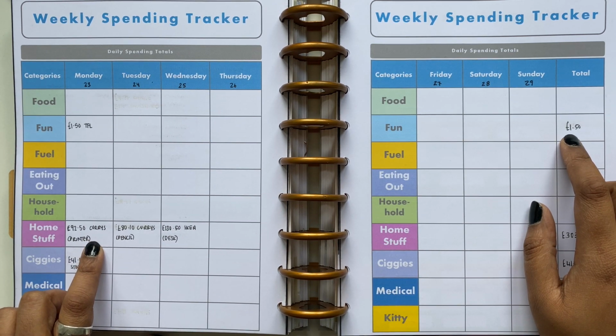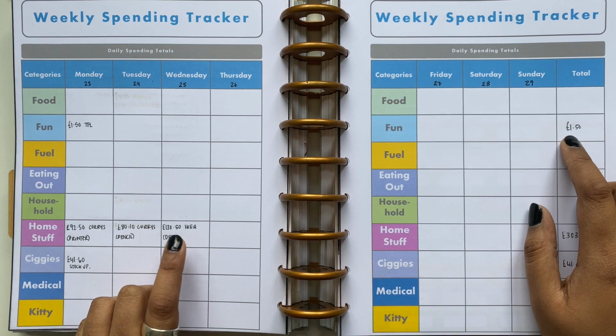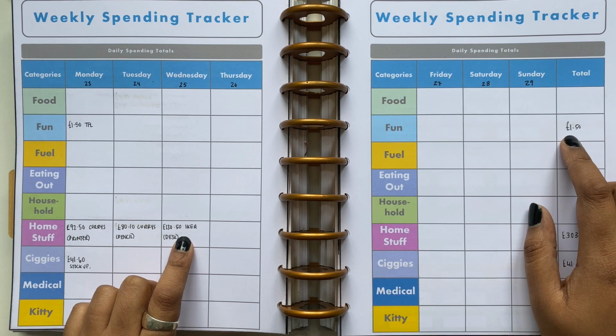One was a new printer because the one that we've got is super old, and I really wanted one that does double-sided printing, and it was a good deal, so we spent £92.50 there. My Apple Pencil replacement cost £80.10, and then we also bit the bullet and purchased a desk setup, as both hubby and I are going to be working from home,